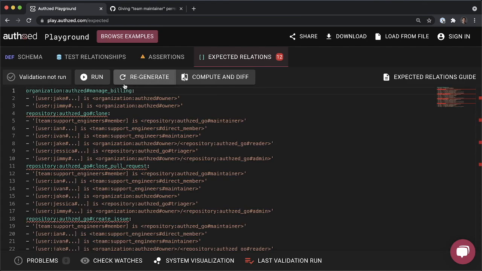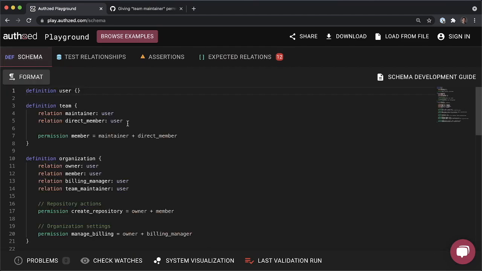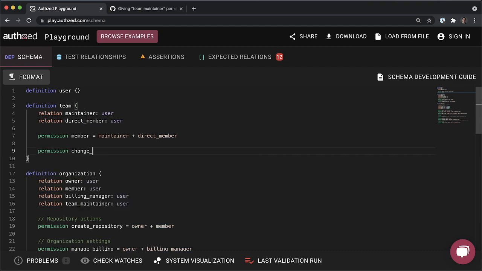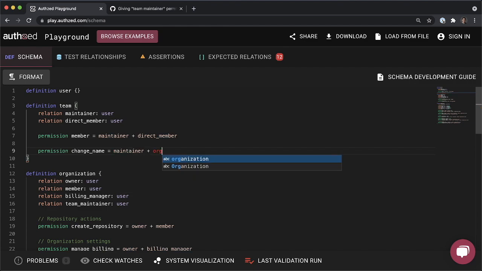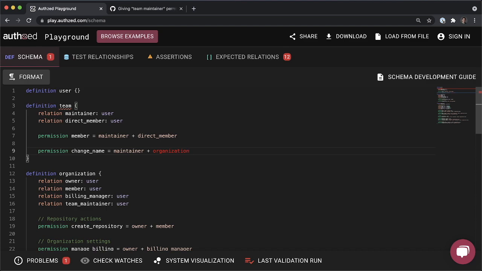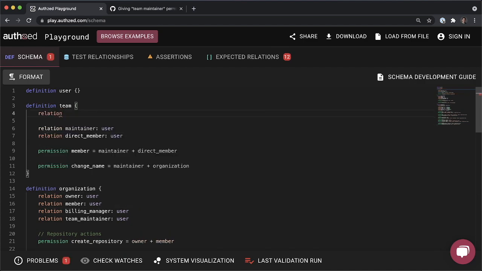I remember reading something in the permissions about being able to change a team's name. A team maintainer at the org level was able to change a team's name. So I think the maintainer of the team plus the organization's. Yeah, we haven't even talked about how teams have an organization. Okay. So the organization's,